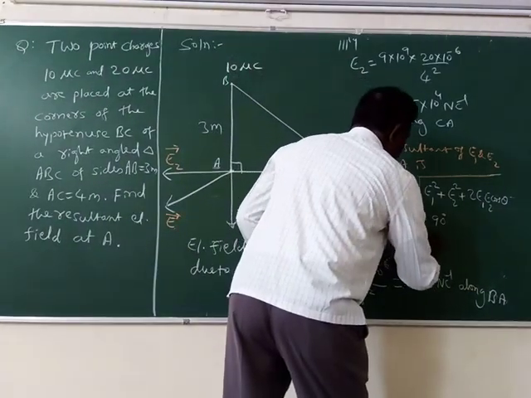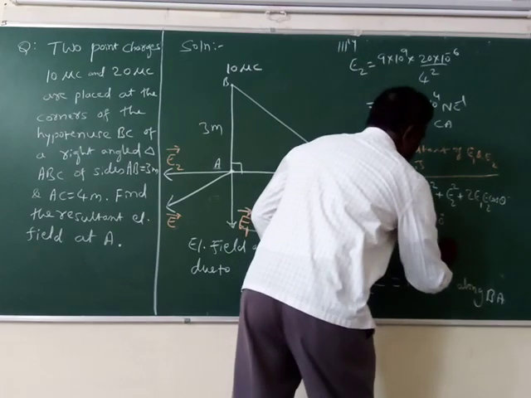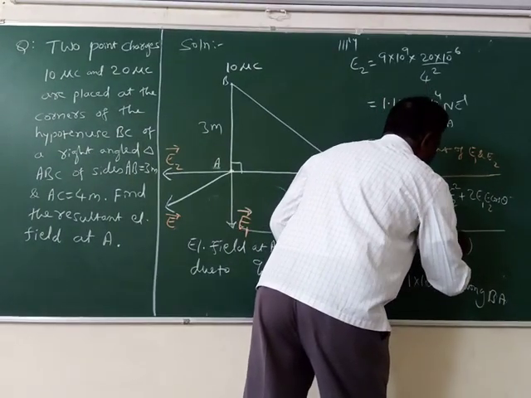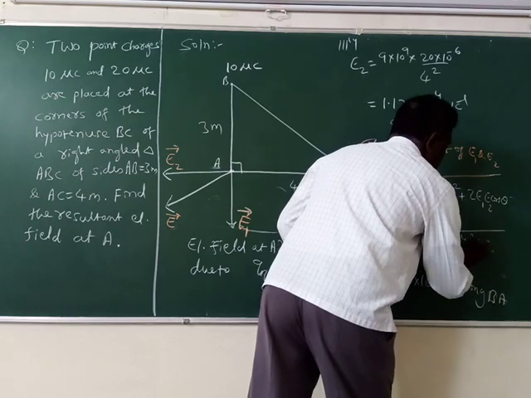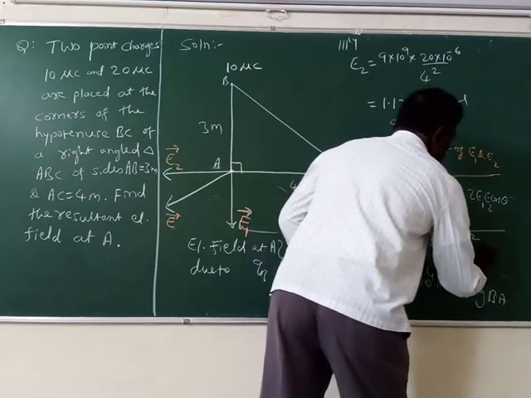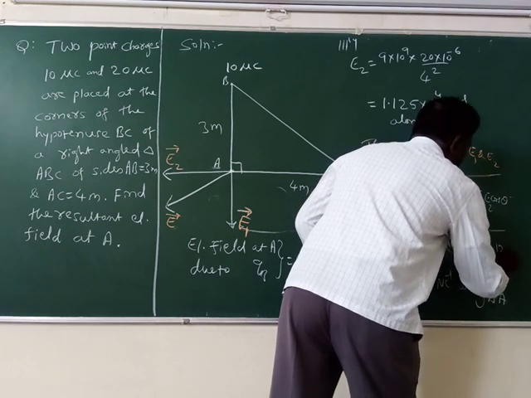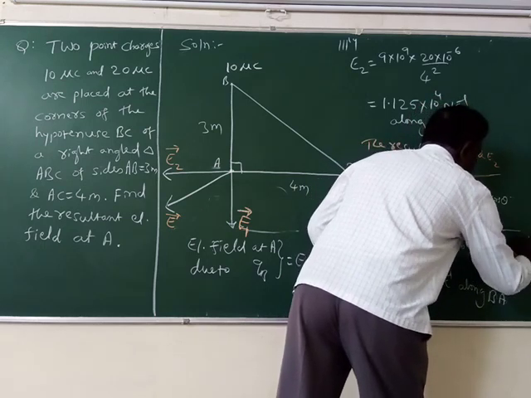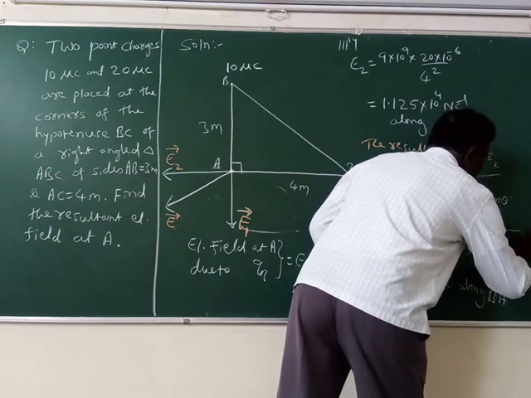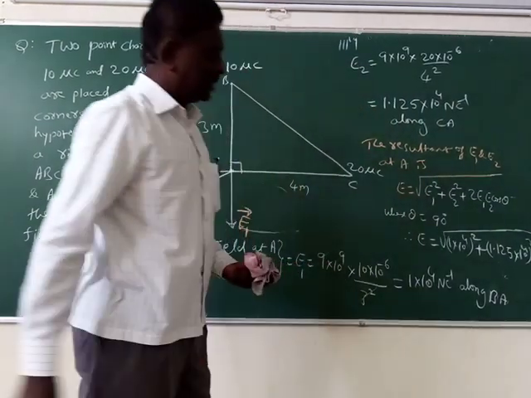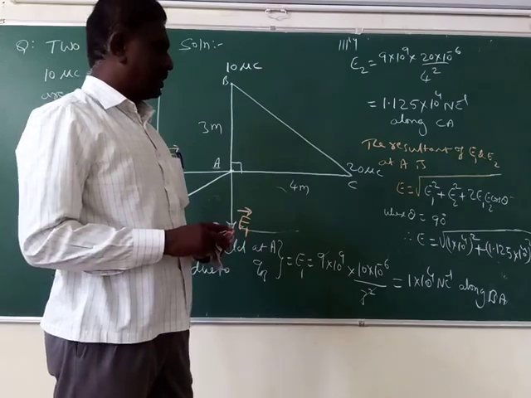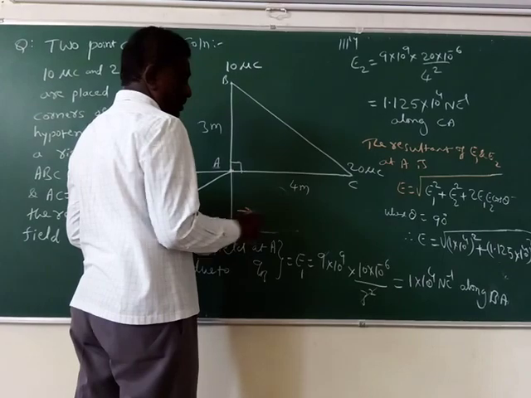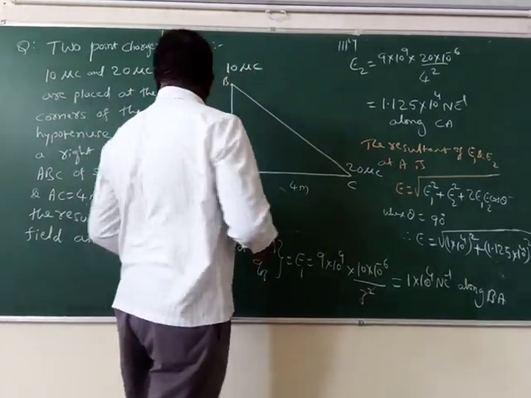Therefore, E is equal to root 1 into 10 to the power 4 square plus 1.125 into 10 to the power 4 square plus 0, approximately 0. Okay. The simplification of which gives you 1 point